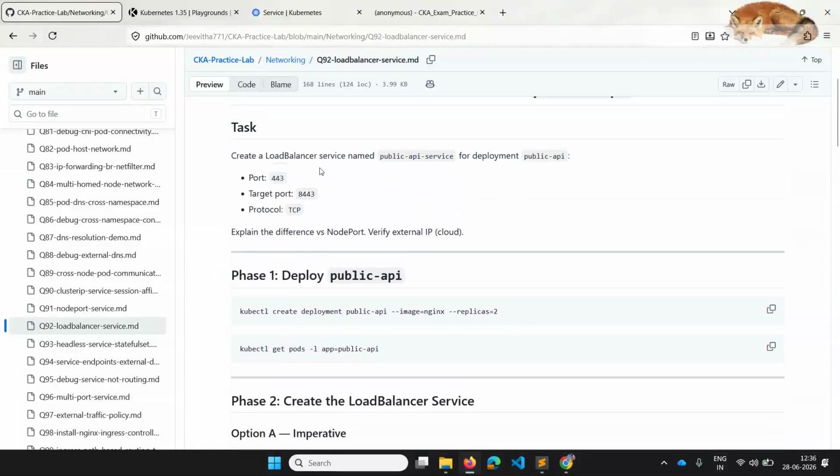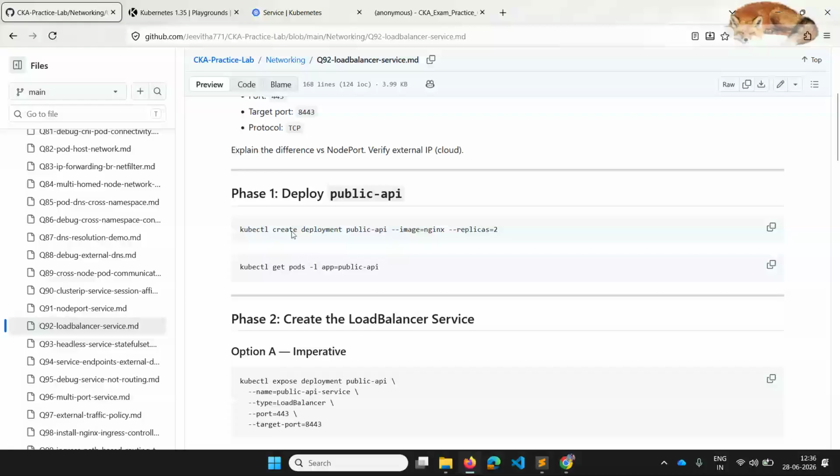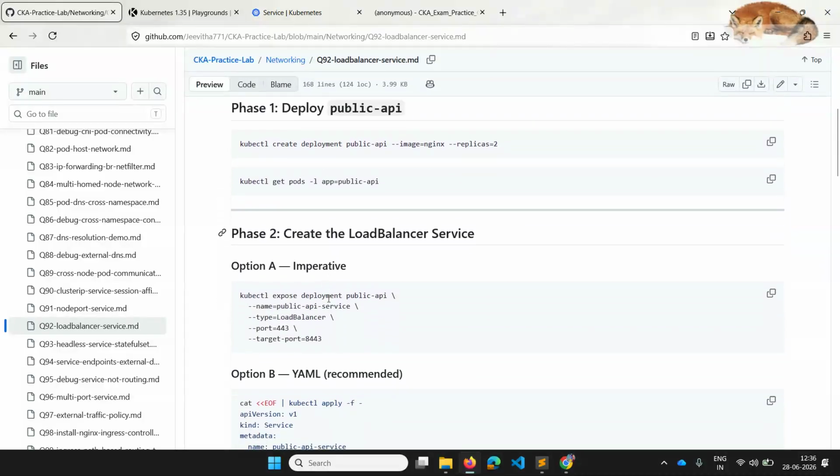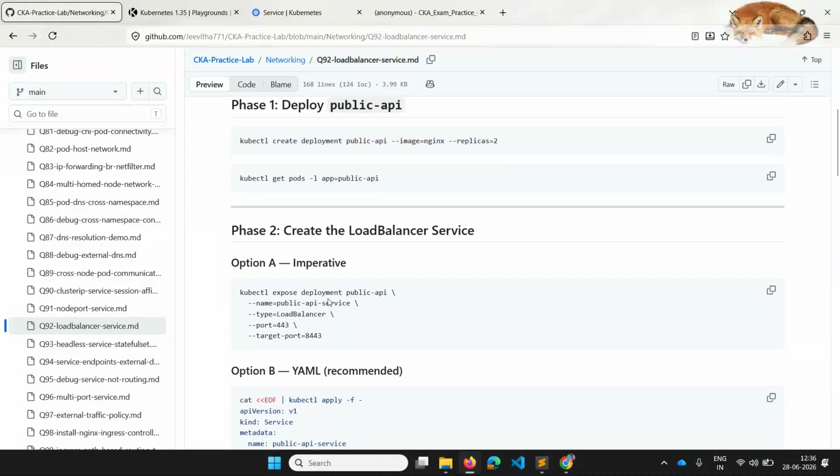I'll run through this MD file for you, and we'll not create a load balancer in this session. We'll see how we can actually do it in Kubernetes.